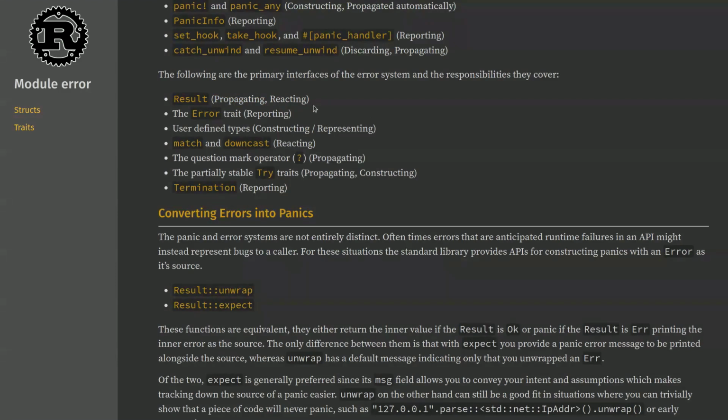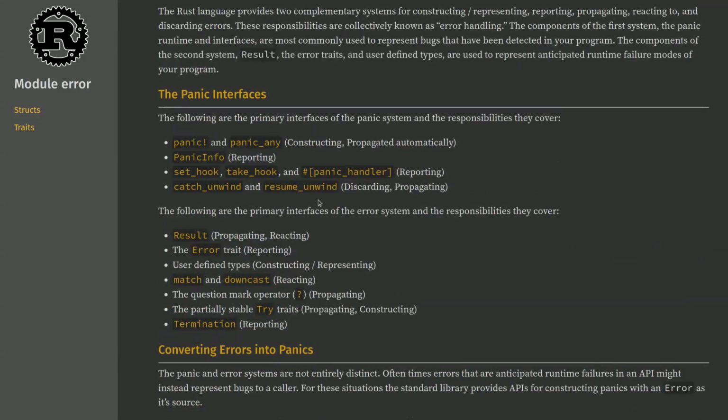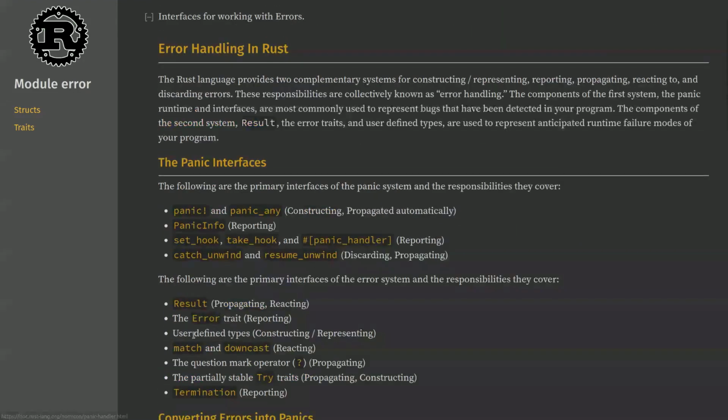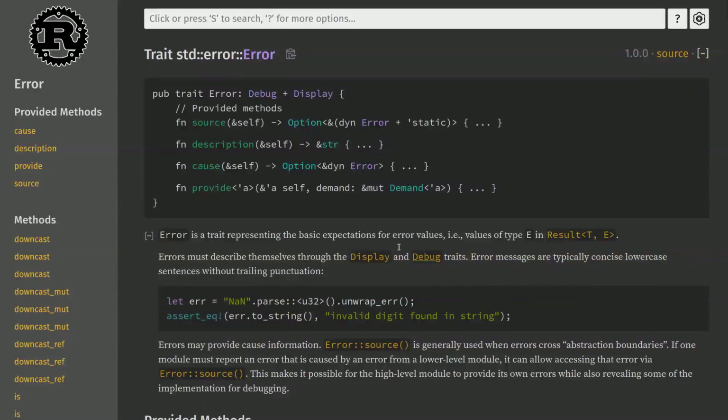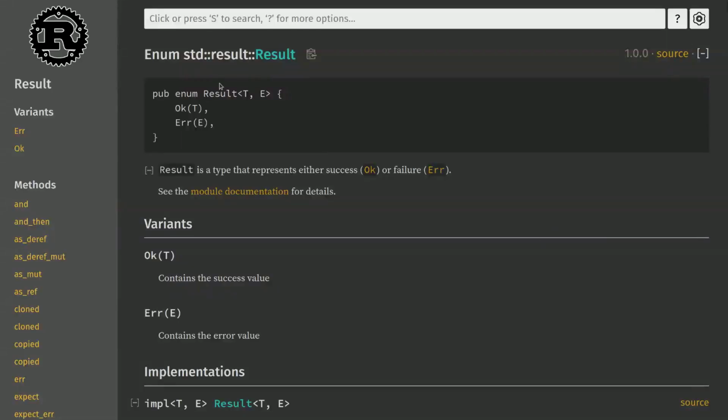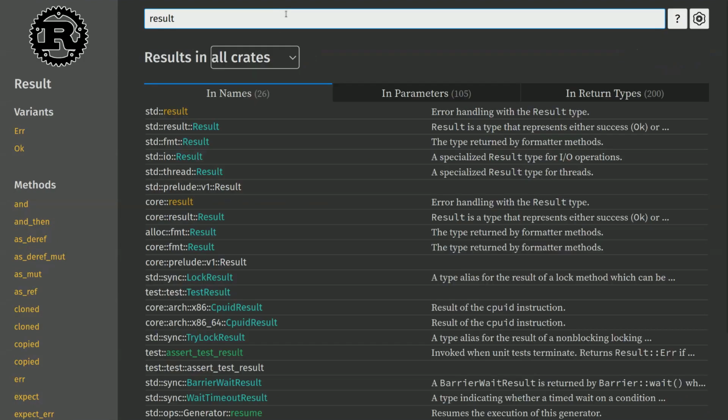And that's kind of interesting because even the error trait's own documentation says that it's designed to be used as the type E in the Result<T, E>. Even though if we go into result, you can see that there's no type constraint there. So there is one last piece of the puzzle, and that is with all of the specializations.